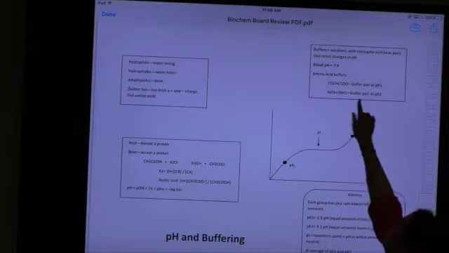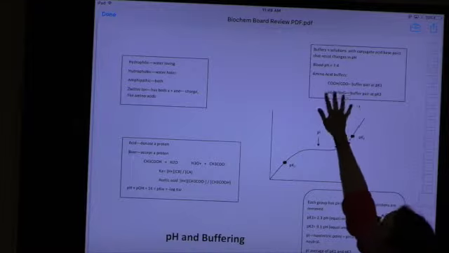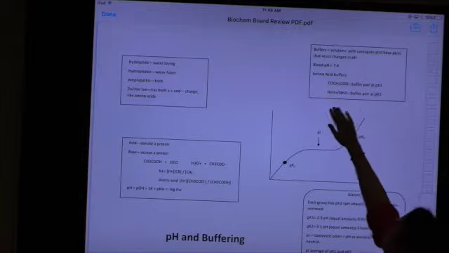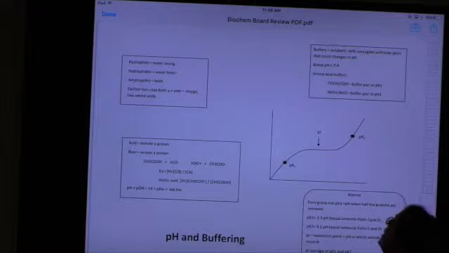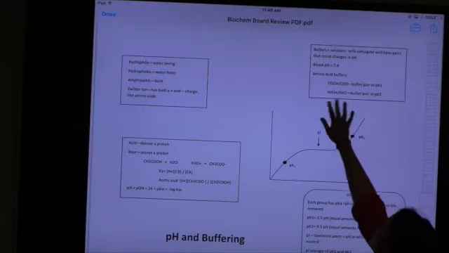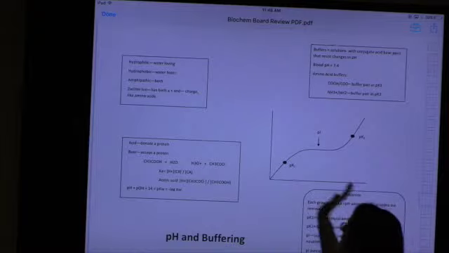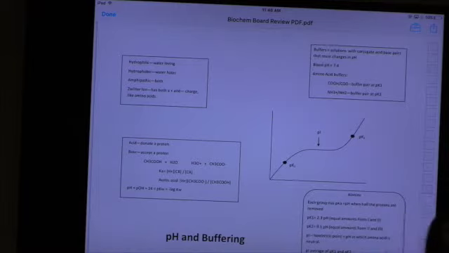So we're talking about buffer pairs. This first one, everybody recognize this stuff right here? This is going to be one of our side groups of our amino acids, right? Our carboxyl group. This is going to be our first buffer zone. Our second one for amino acids is going to come from the nitrogen side group, and that's going to be our second buffer zone. That means all amino acids can buffer, right? Because they all have these two side groups. The other stuff attached to them, their other side groups, are going to move these buffer zones this way or this way, depending on what those side groups' pH are. Does that make sense to everybody?